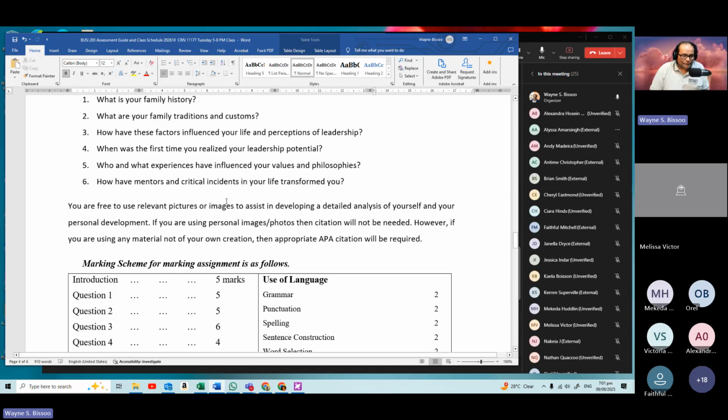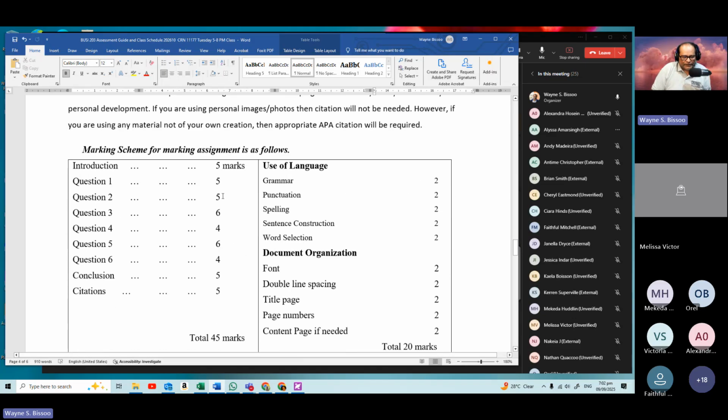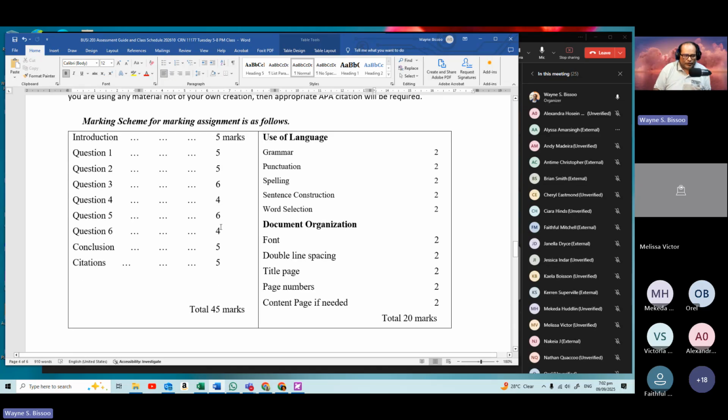Now, unfortunately, I still have to mark that activity. So I've set up a marking scheme that I try to follow. 5 marks for the introduction, 5 marks for your conclusion, 5 marks for citation if needed. If no citation is required, then you still get the 5 marks. You're not going to lose any marks. All right. Each question is assigned a basic value, some a little more than others, indicating that some of these questions may need a little more fleshing out than others. All right. The bigger area that I can actually exercise a little more control on is your use of